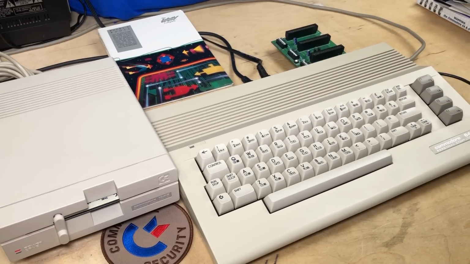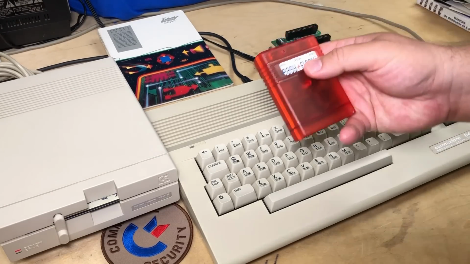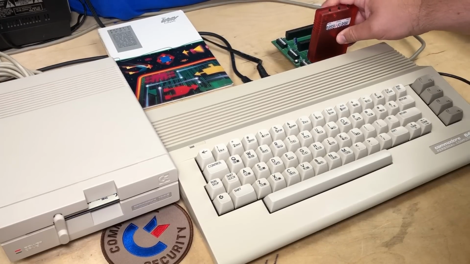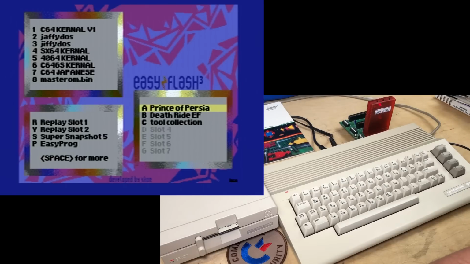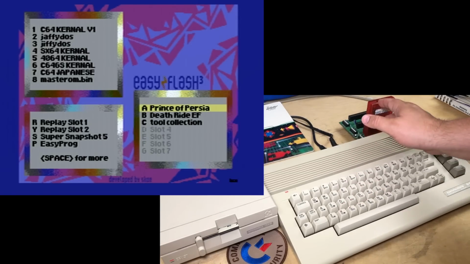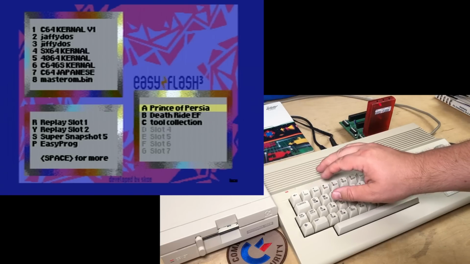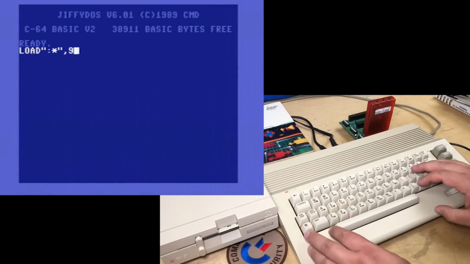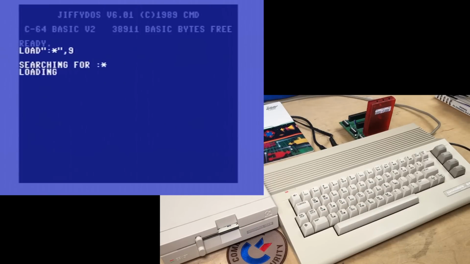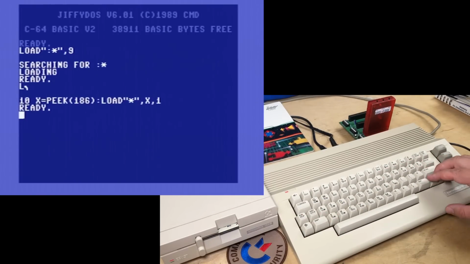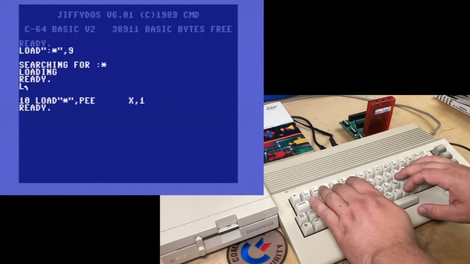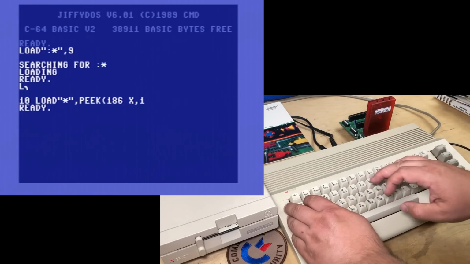One other thing I learned during all this: I'm going to plug in my EasyFlash 3 cartridge. I have JiffyDOS in this cartridge. That's the only reason I'm plugging in number 3 here. Okay, I still have the Movie Monster game in there, just loading it with JiffyDOS. Here's the same program, but instead with the regular kernel or with Super Snapshot,